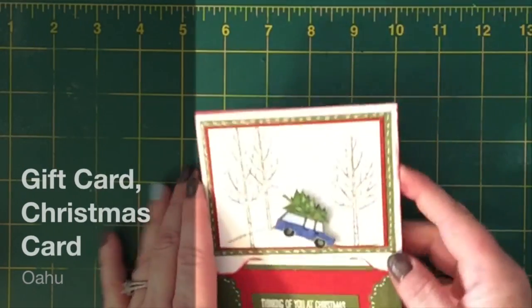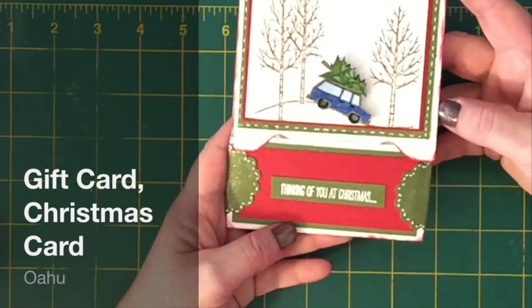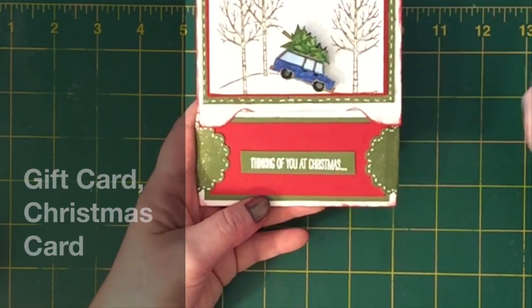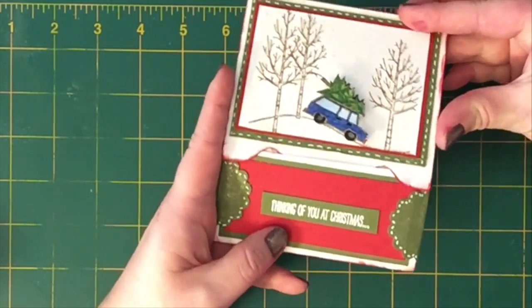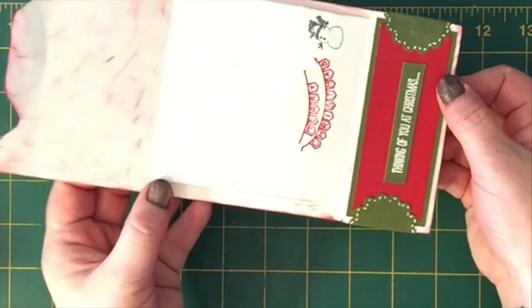This is Natalie with Treasures of Minnie, and today we're going to be making this really cute Christmas card that also holds a gift card. We are going to use a little bit different colors today, but basically it's all going to be the same. As you can see, when you open it up on the inside, it slides up and down and it holds